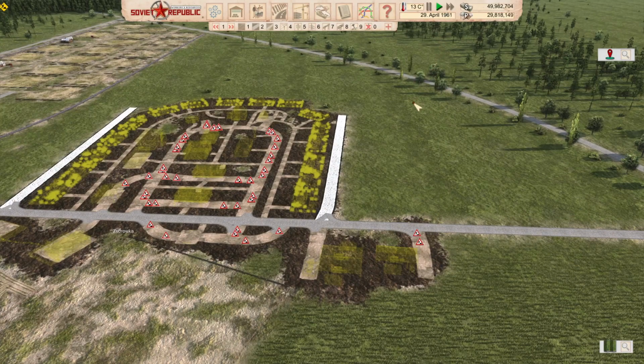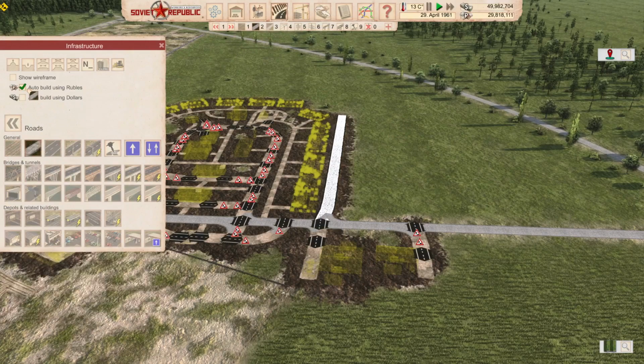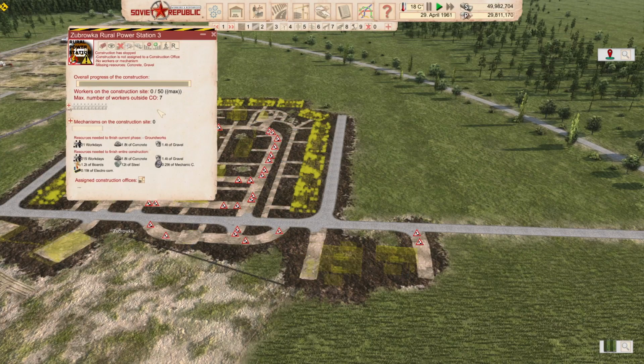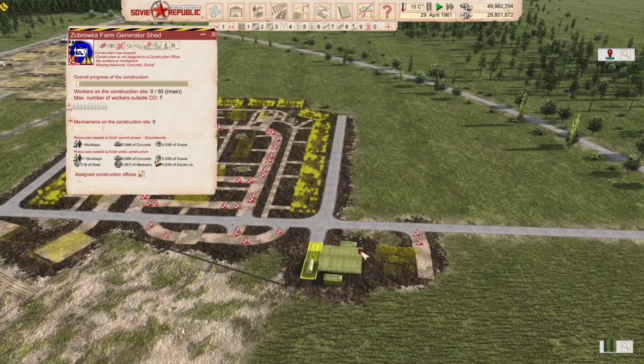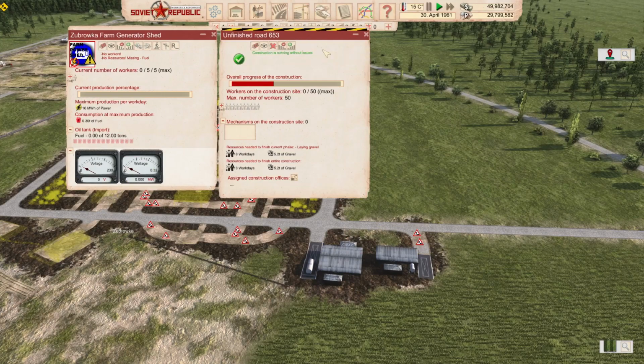So push plate. Right, we'll say road construction, build. We shall say path construction, build as well. Looks like it didn't build any of it, so I'm gonna have to build it all on my own. Okay, right. Pay for that with the old rubles. We'll get the stuff done on the outskirts and the centre of town first, and then